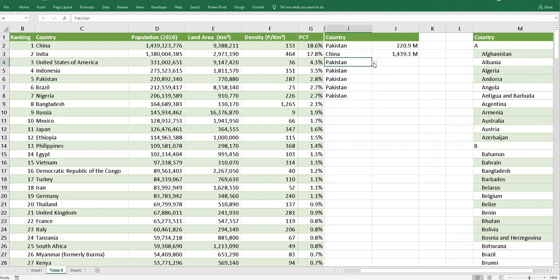Like India, because this is the most populous country, 1.3 billion. It will give you an idea. When we go to, say, Mexico, M, whatever country you want to select, it will come over here, press Ctrl D, and it will give you 128.9 million people. So this is a very important function.